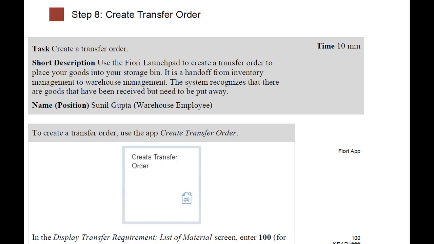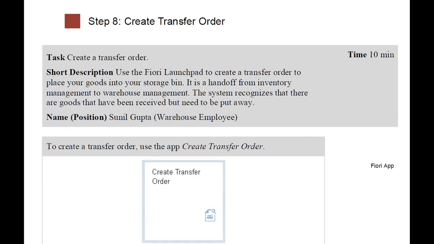In order to do so, you need to click on create transfer order in your launchpad, and as listed here as well, you need to write your warehouse number and the material number. Then we need to press enter. So this is how we will be moving forward with this. And then